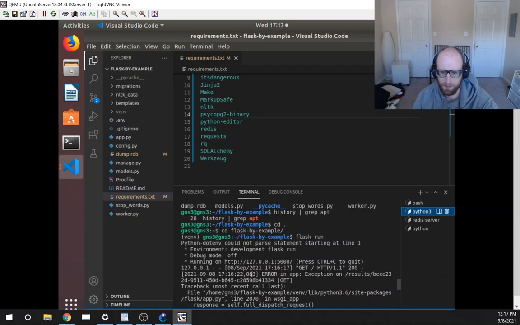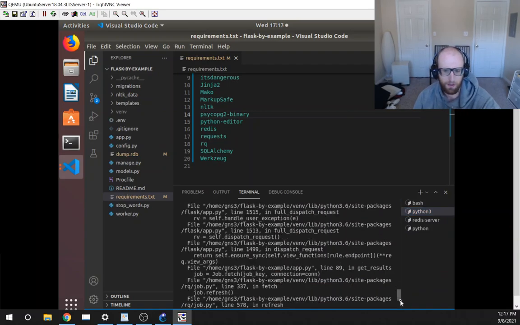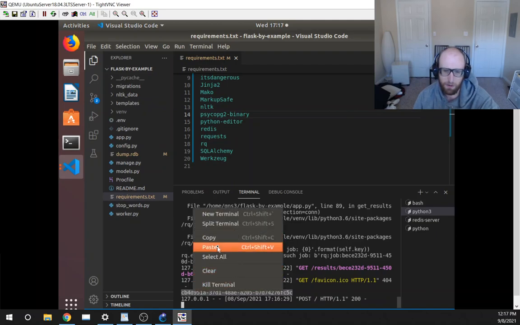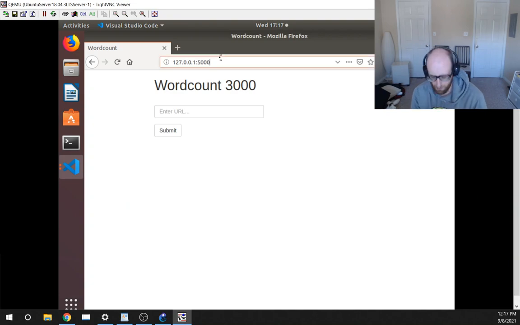But here's the first success we got, although we did have a problem here. Now I wonder if this is going to be the no such module. Nope, so this is a no such job. Okay, I'm confused about that. But let's do the next step, and I'm expecting to see the no such module. Oh, I think somehow one of the prior jobs was still loaded somewhere. So I'm a little bit lost here, but let's just keep moving on to the next step